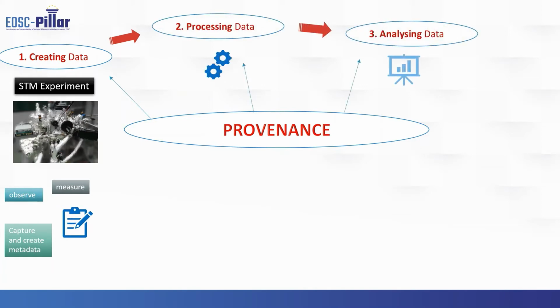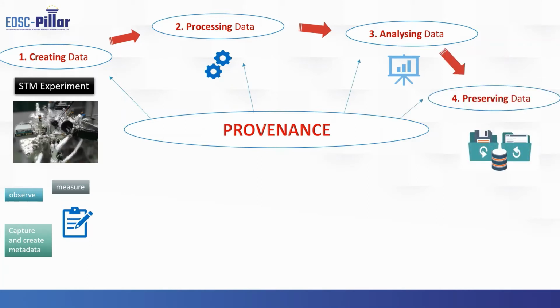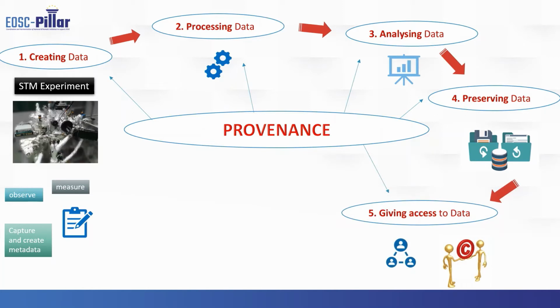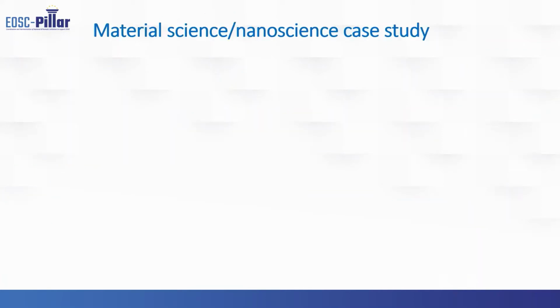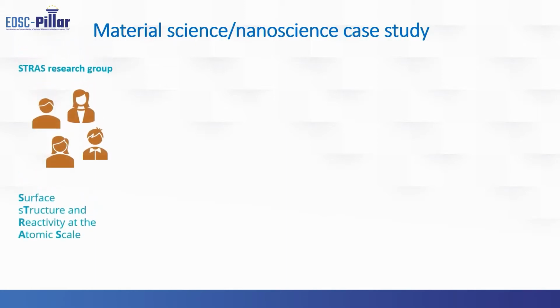Thanks to provenance, researchers should be able to define a set of metadata able to capture the derivation history of any stored data, including the original raw data sources, the intermediate data products, and the steps that were applied to produce them. The example of data provenance within the community of material science nanoscience came from Strass research group of